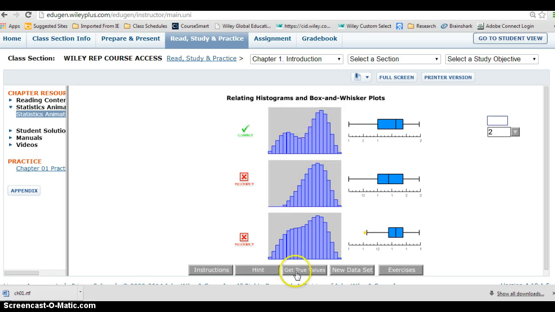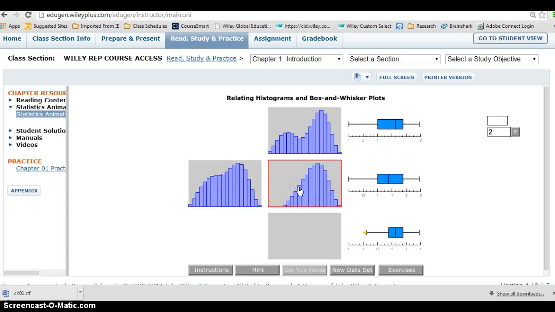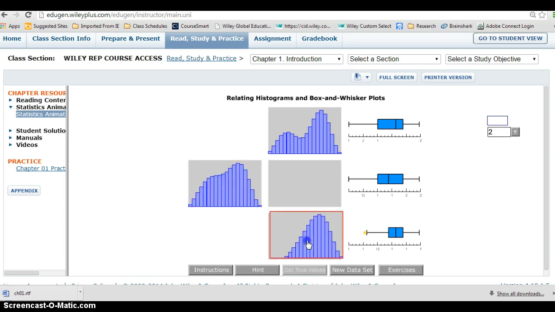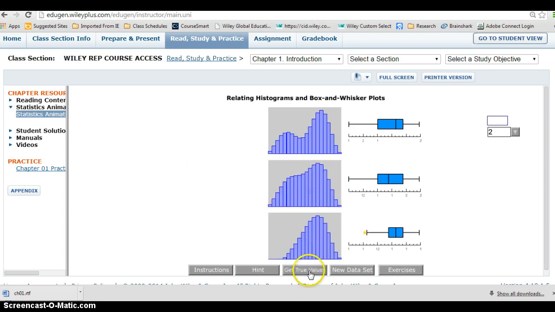Rearrange, so that means I got these two wrong. Let me put this one here, and let's see how I did this time. Whoops, didn't do that correctly. This way, and let's see how it goes. And there we go. So again, another unique enhancement to Wiley Plus to really help your students solidify the concepts